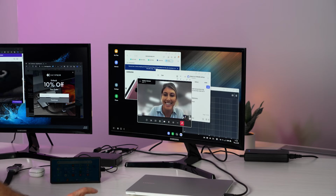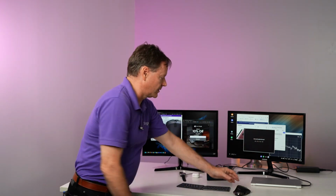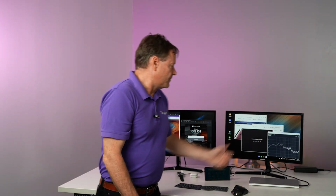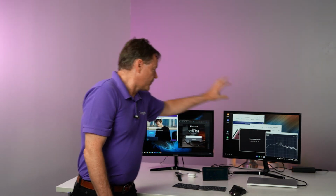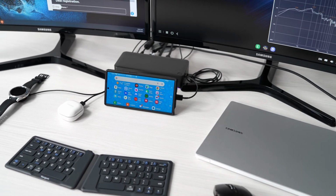But again, this is an example of using an application that maybe I only have in DeX, like you see my audio application here. It's a little audio spectrum analyzer that runs in the DeX environment and doesn't run in Windows. So I'm using it to show you that I'm running on a DeX desktop and running an application specific to DeX. Again, DeX desktop, Windows desktop, all my peripherals, my earbuds, my keyboard, my mouse, all of that running